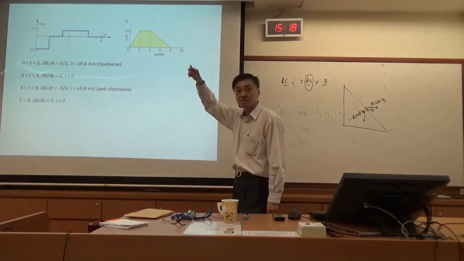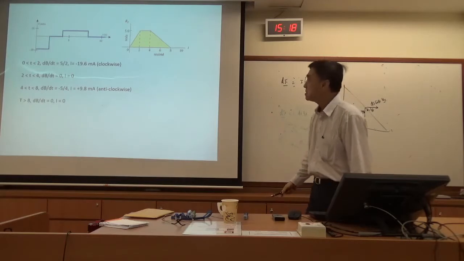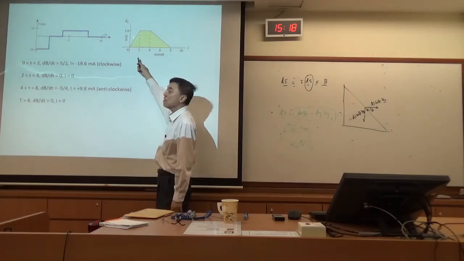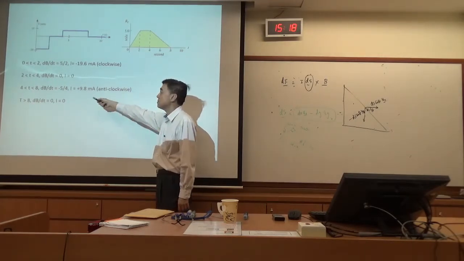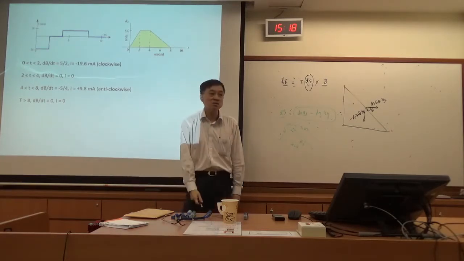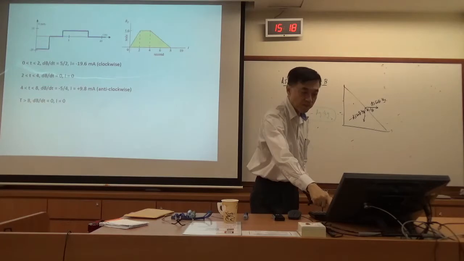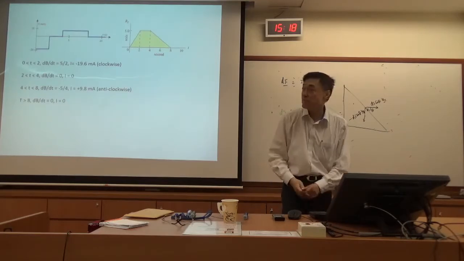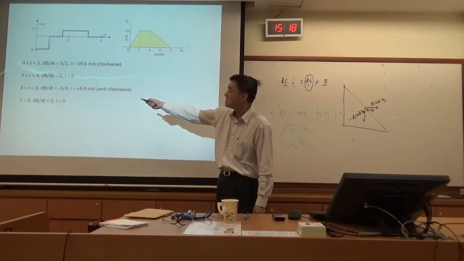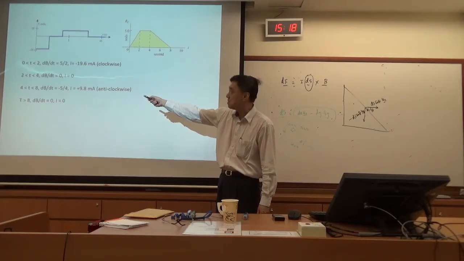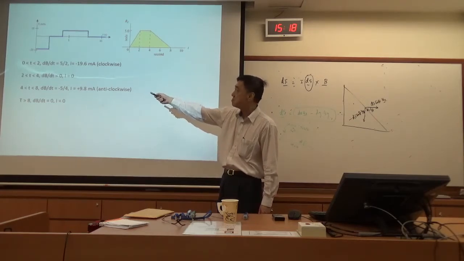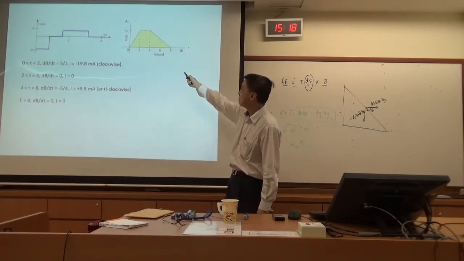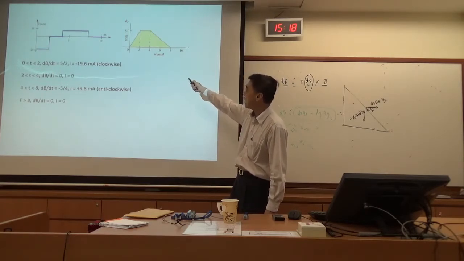Now, for time t equal to 2 to 4, B is a constant, so dB/dt is equal to 0. If it's 0, then when you substitute in here, the current is also equal to 0. So you can see that for the first 2 seconds, the current is minus 19.6 milliampere. For the next 2 seconds, the current is equal to 0. Then for the next 4 seconds, from 4 to 8,